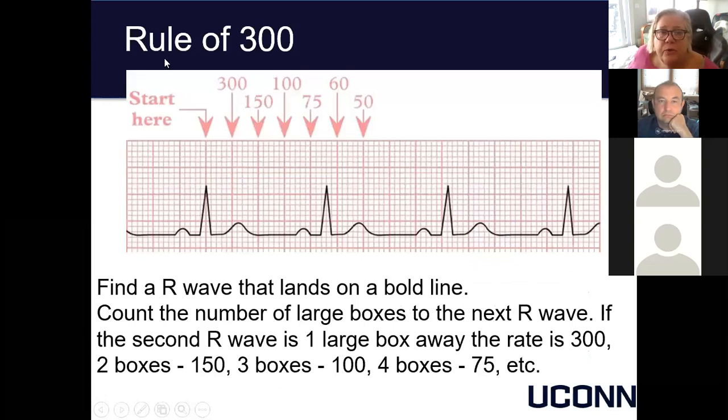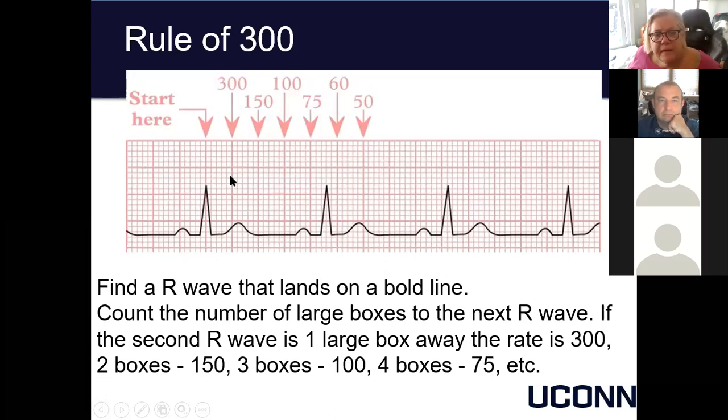There's also the rule of 300. You have a lovely QRS, a peak R that's landing on a big box. And then you can, again, remember this, it's not an algorithm, this pattern, but 300, 150, 100, 75, 60, and 50. Wherever the next QRS is,